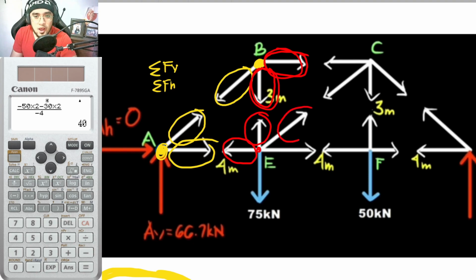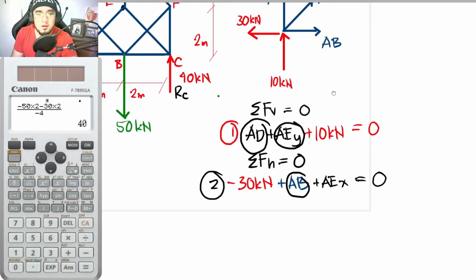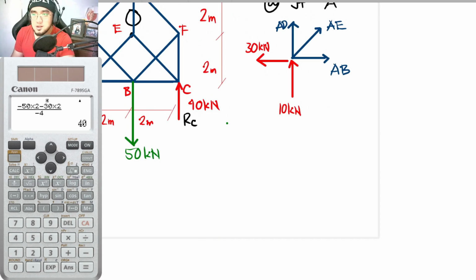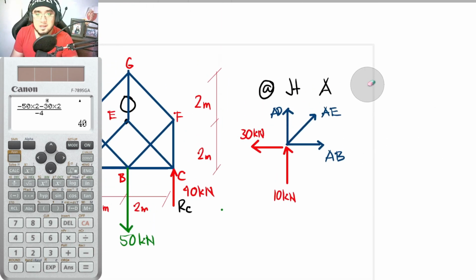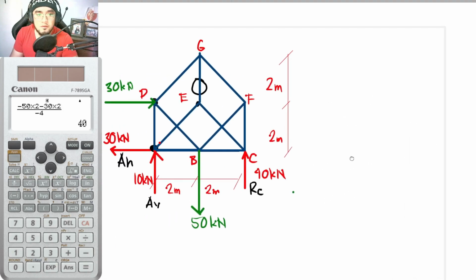So we only have two unknowns. So unlike in our problem right now here, we cannot solve for anything yet because we do not have a joint that only has two unknowns. Actually, all of the joints here have more than two unknowns. So I would just be erasing this part because it is quite unnecessary for our method for today. But just so you know, so with that, for